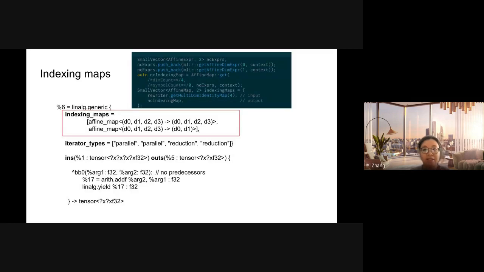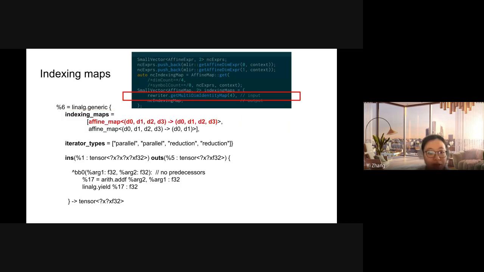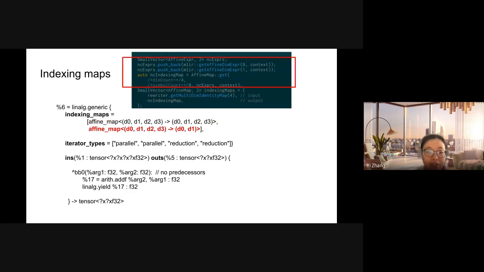And next, we will look at the C++ programming to get the affine maps. For the identity map, it's simple. There's an existing API for constructing it.